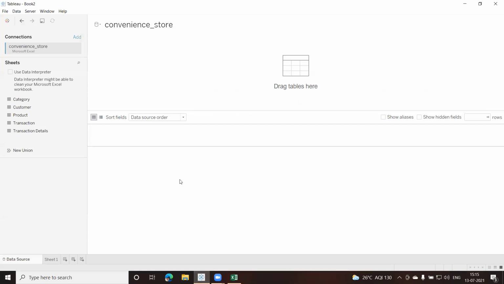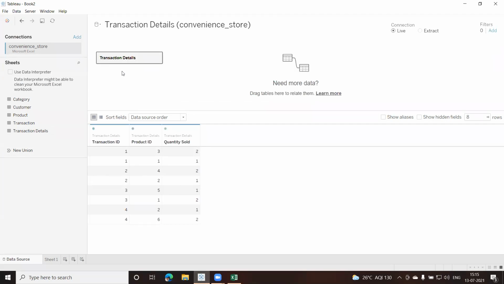What I'll do is first pick up the transaction table, drag and drop it here. Now look at this table here. It has only 3 columns. It has a customer, the transaction ID, the product ID and the quantity which is sold, and all are numerical values. Now there is a relationship between the tables, because we have a transaction ID here. So I'll just drag the transaction ID, and even the product ID. You can see this product ID is there, so let us put the product first.